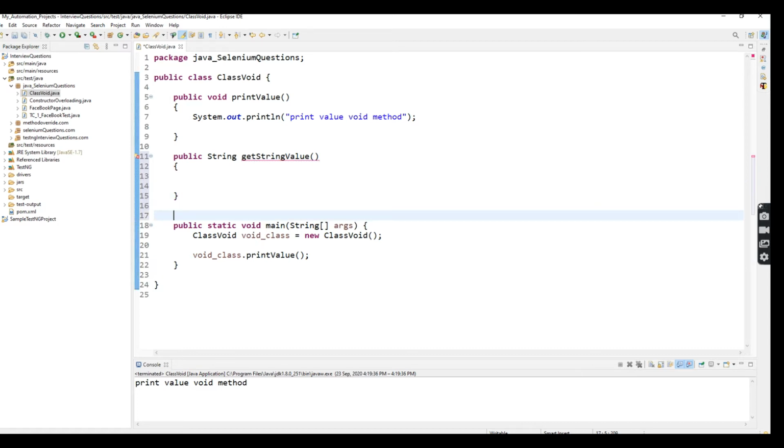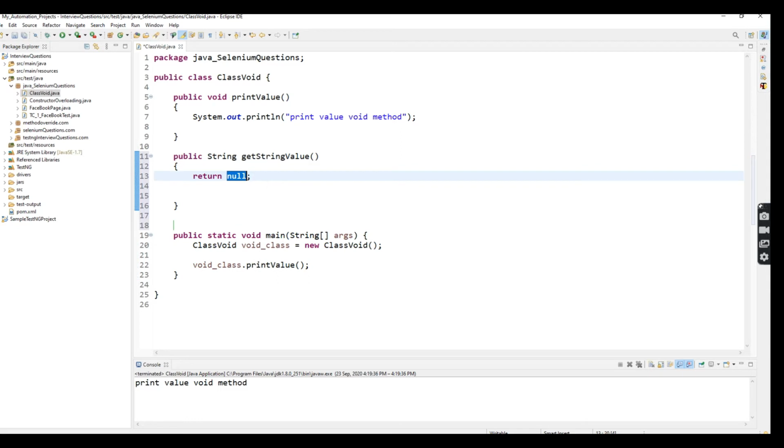Here I can see one warning error. What is the warning error? Add return statement. Once you implement return, you have to return some value. Here I gave the string keyword, right? So definitely I have to return one string value. That reason it shows the error, add return statement.